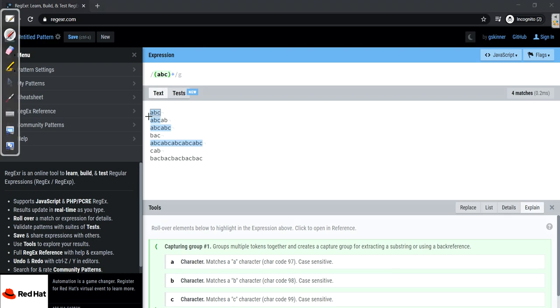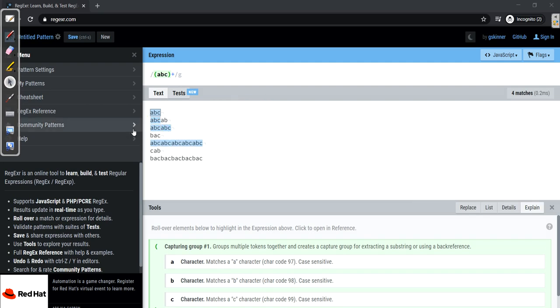ABC plus is matching ABC, ABC out of ABC AB, because we don't have the complete expression there. Now we have ABC 2 times, and we have the full expression, so it has matched, and this will also be matched.